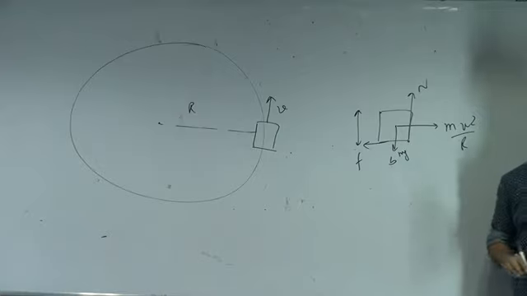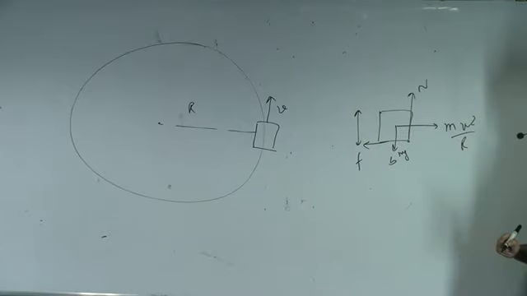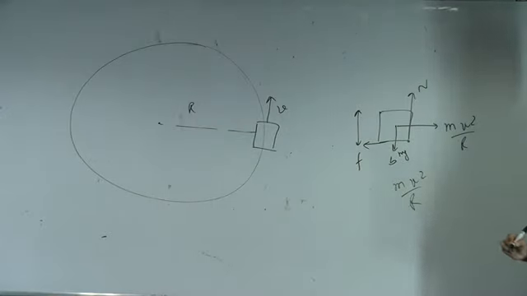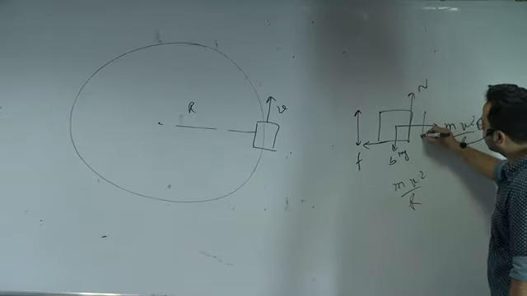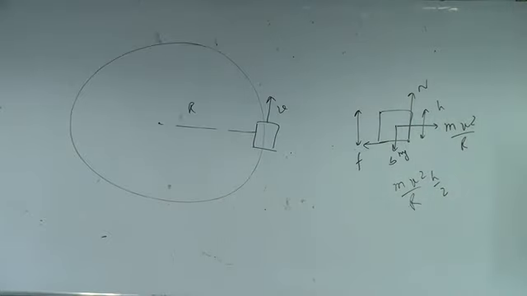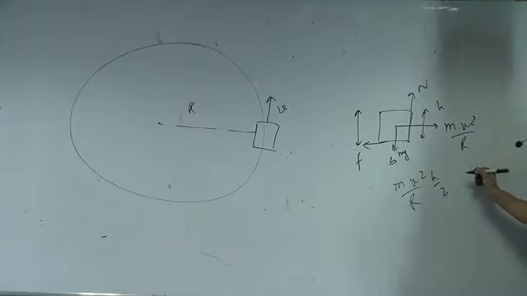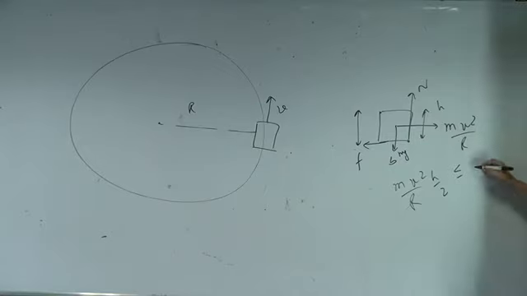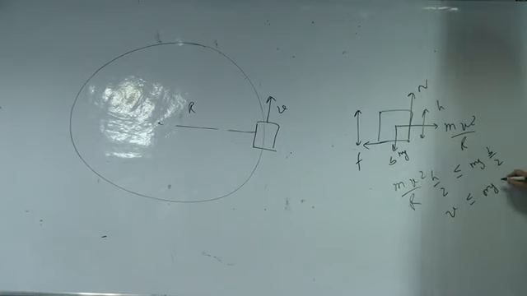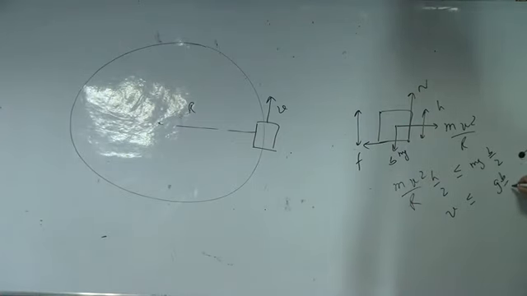So the torque of normal and the torque of friction becomes 0. So the torque of mv square by r will be balanced by the torque of mg. For it to not topple, the torque of mv square by r, which is mv square multiplied by h by 2, should be less than or equal to the torque of mg. So v should be less than or equal to